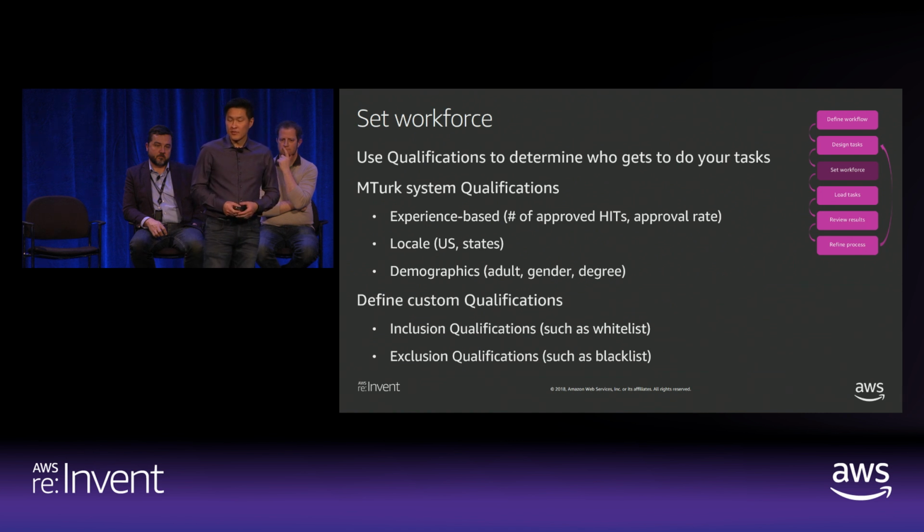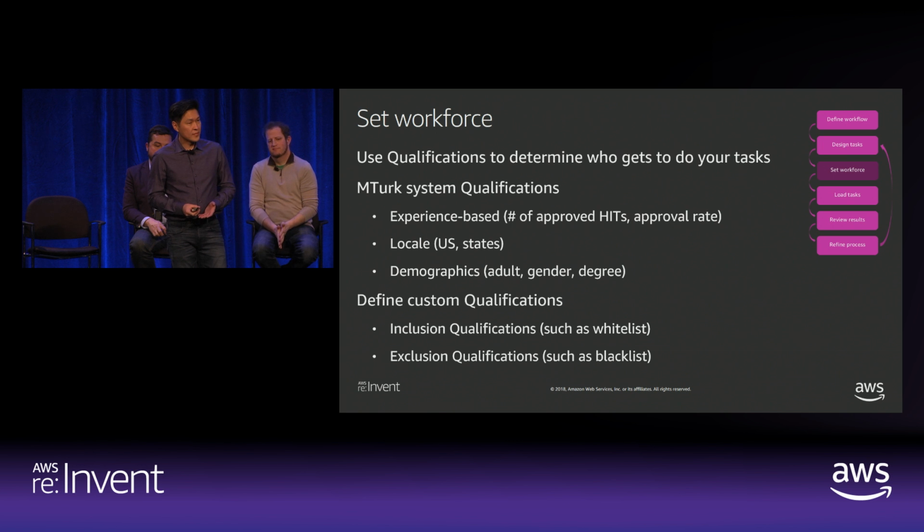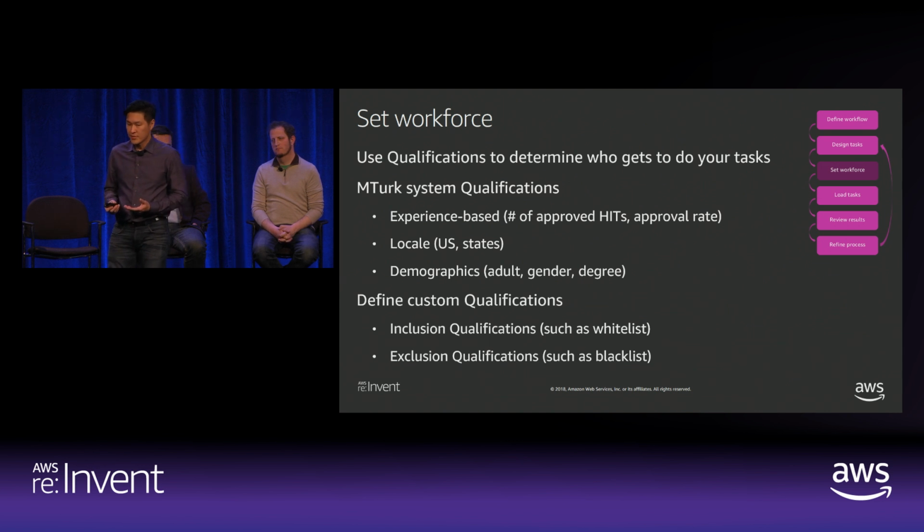Now, requesters are also able to define your own custom qualifications and assign them to workers along with a score. So you're able to assign, unassign, and change a score as you see fit, based on how you manage your workforce. You can use qualifications to be inclusive, where workers must possess the qualification in order to work on your task. Or you can also use it in an exclusion manner, where if a worker has a qualification, they cannot work